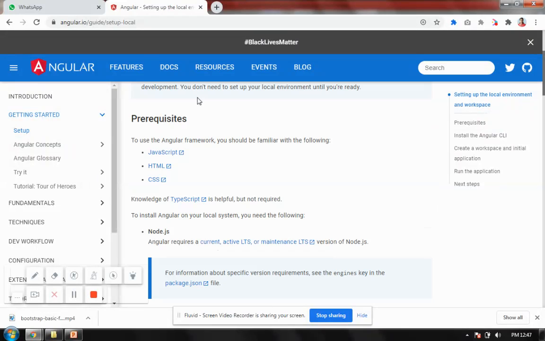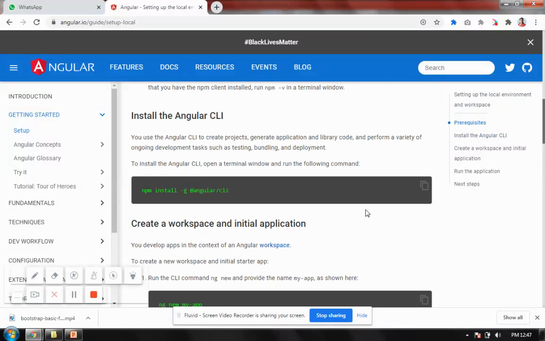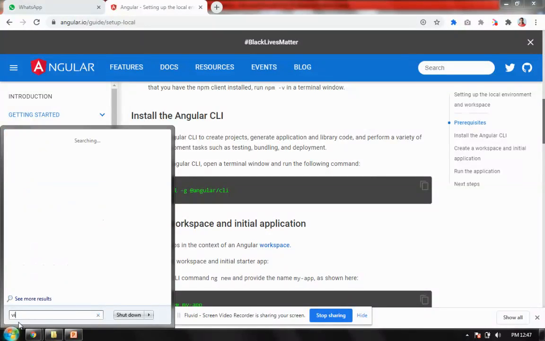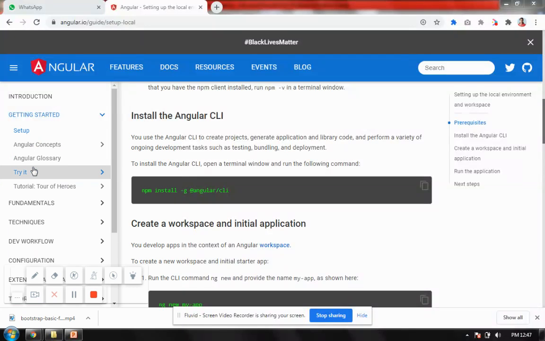The prerequisites are that the person who is going to start and learn Angular should know JavaScript, HTML, and CSS. They should also have some basic idea regarding JSON and its files, and they should have Angular installed on their machine. So how to check it? First of all, I have something called Visual Studio Code. You just download it from the internet. It will take 10-15 minutes to download.